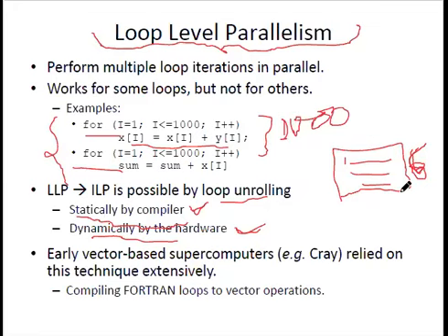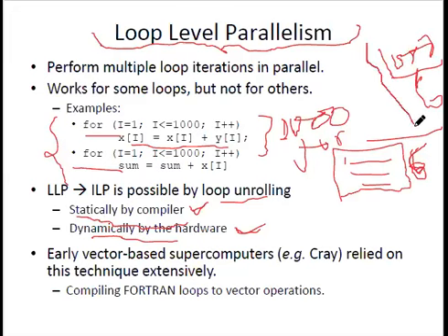So how do we carry out this loop level parallelism? We carry out these 6 instructions in the loop, and then we have a loop which carries out these instructions. If 96 instructions are divided by 6, we get 16. This loop will be carried out 16 times, and then the 96 instructions will be carried out in sequence.